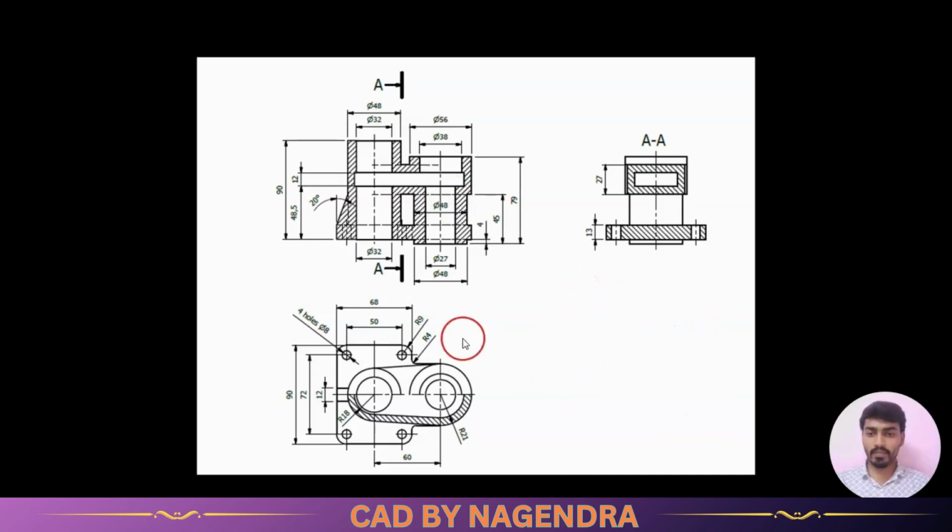Now as you can see here, they have given the top view. After making a cut section at the center, we are having this cut section view. Then again for this also, if we make a cut section here, we are getting this section view. So what is meant by this section view means exactly for this part, if we make a cut section here, it means we are just making this part into two parts, and this entire front part, if we remove it and if you see from this side, whatever inside part you are able to see,